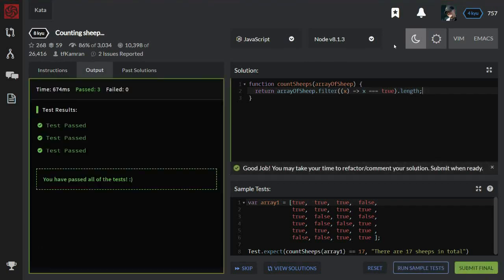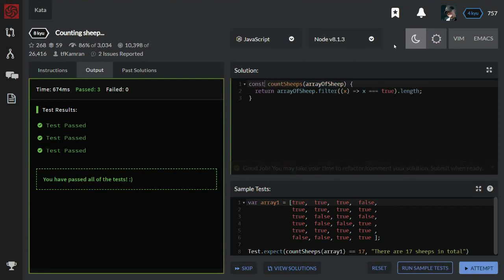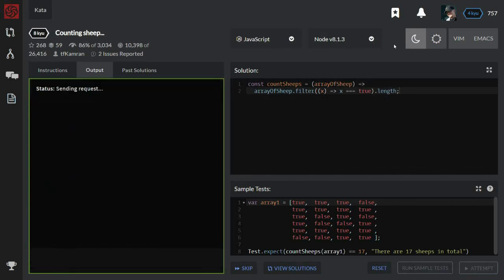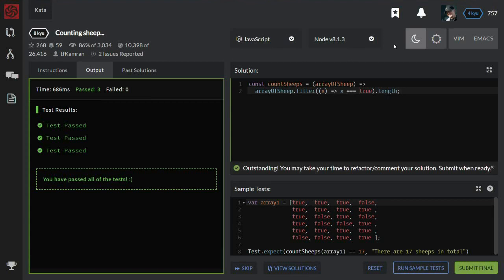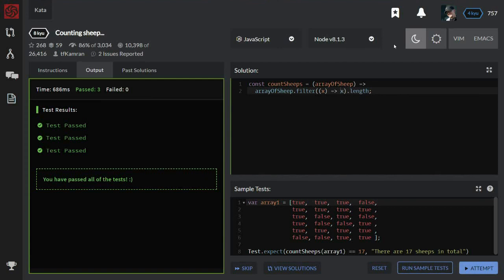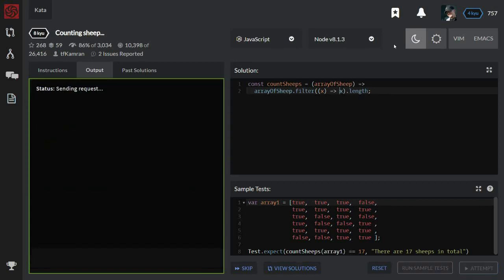Yes, it works. Now let's optimize this solution. Let's use an arrow function so it will be shorter. And then an array itself, and I don't need this return. And the results, let's check. Yes, now instead of this comparison I can use just x. So I check whether x is truthy, and in that case it means that it is true and not false or null or undefined. In that case I will receive a new array, and that is done according to requirements.